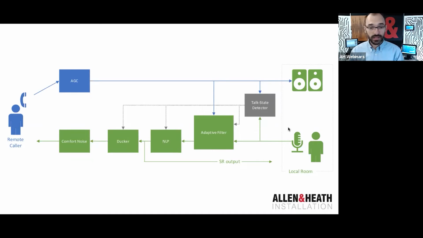Again, there are slight variations between different vendors and manufacturers, but by far the most important element in the chain is the adaptive filter. The adaptive filter is continually updated, and that's the one that will constantly chase up the ever-changing impulse response. So it will attempt to match the room impulse response and provide the simulated echo to subtract from the near-end microphone. It sounds very simple, but it's a very complicated